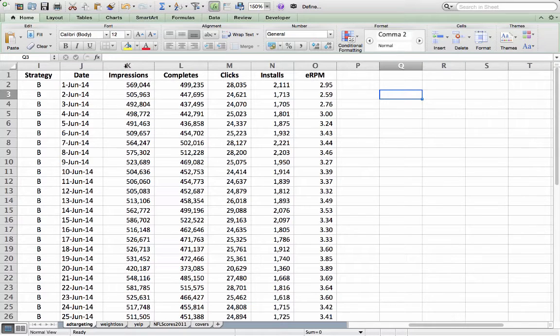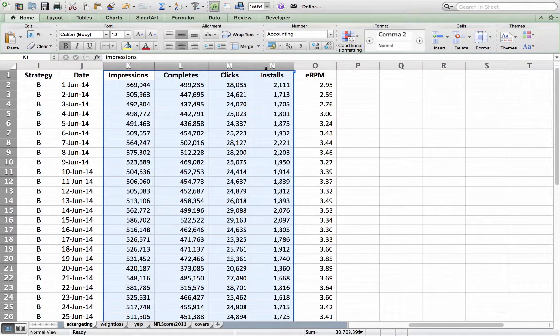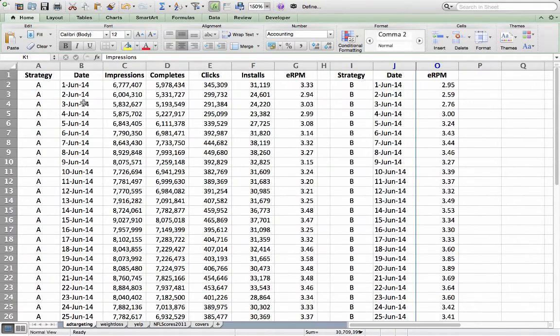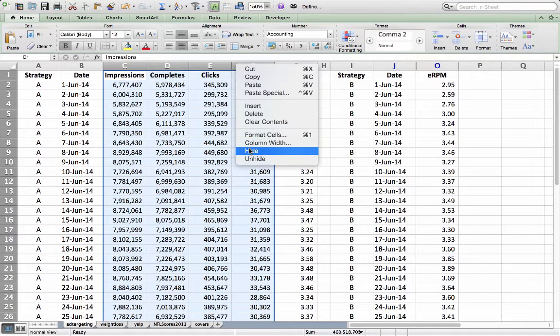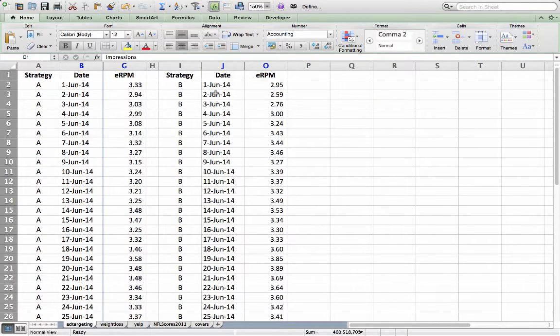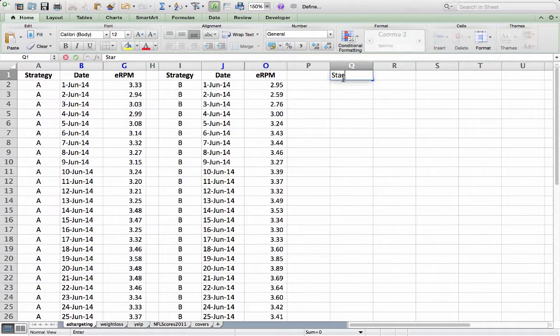So just to make things easier to view, I'm going to grab these columns and just hide them, right? So again, we're going to focus on the revenue across each of these guys. So just to make things easier to see, right? So we've got strategy A, strategy B, we've got the dates and the revenues for each of those, right? And so if we've got strategy A and we've got strategy B,